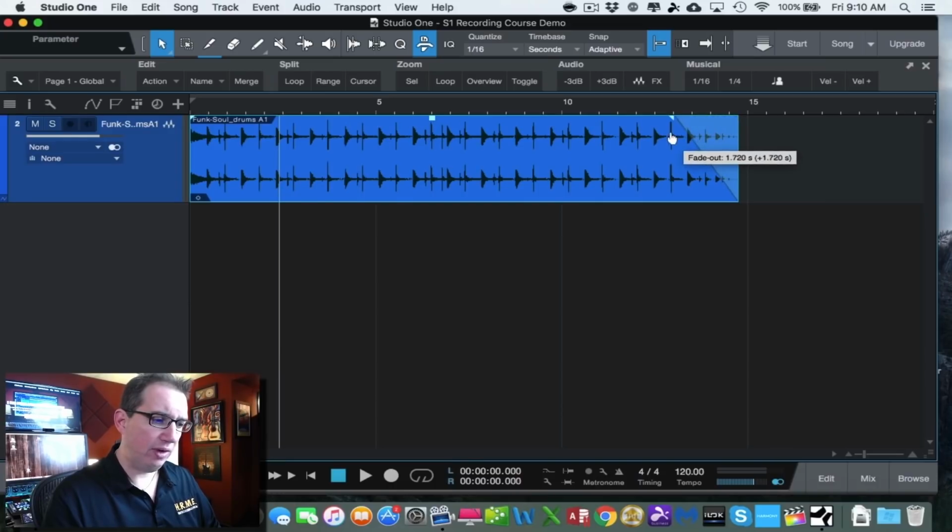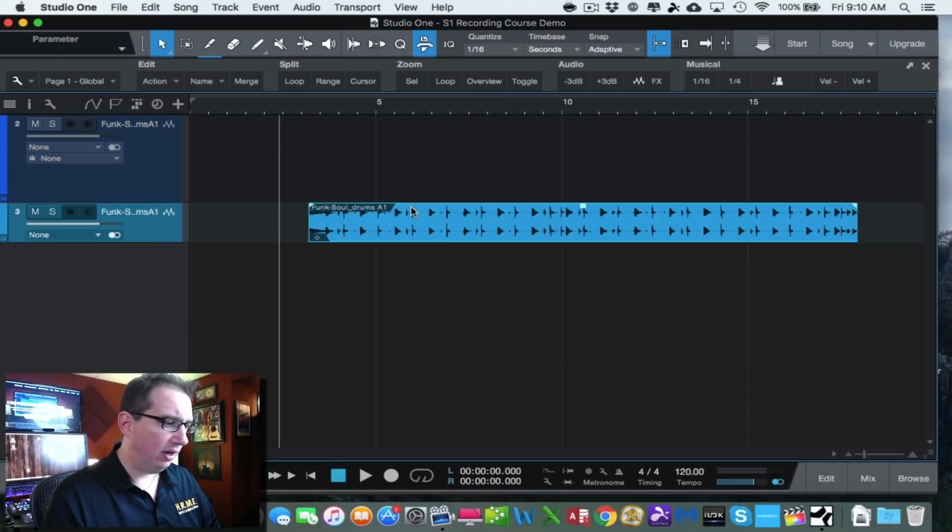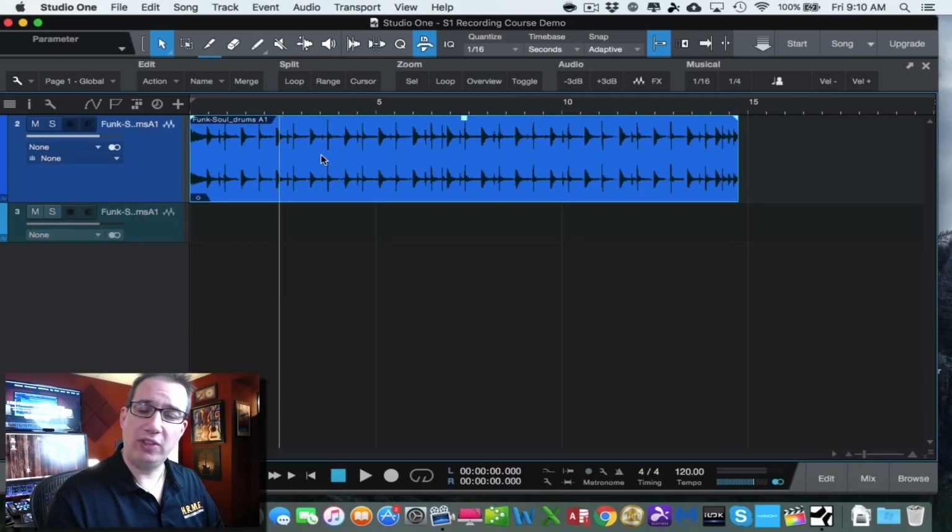You can left click and drag and create what's called a fade out. On the other side here, you can left click and drag, and that's what's called a fade in. You can left click and you can move this thing anywhere you want on your timeline using the arrow tool. Okay, if you were to click on this tool next to it, this is called the range tool, and